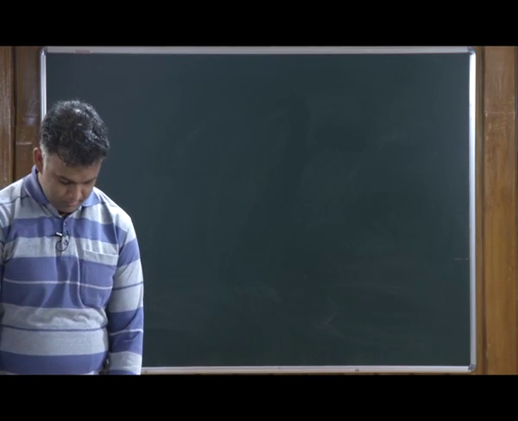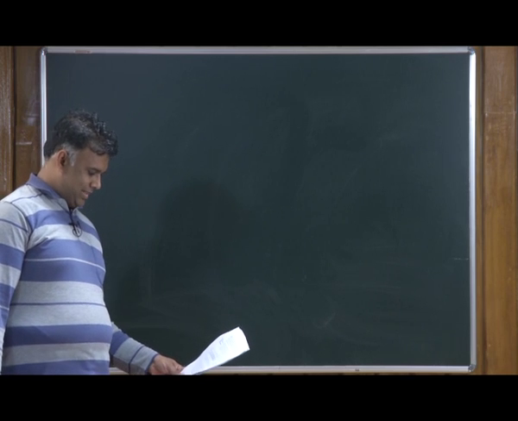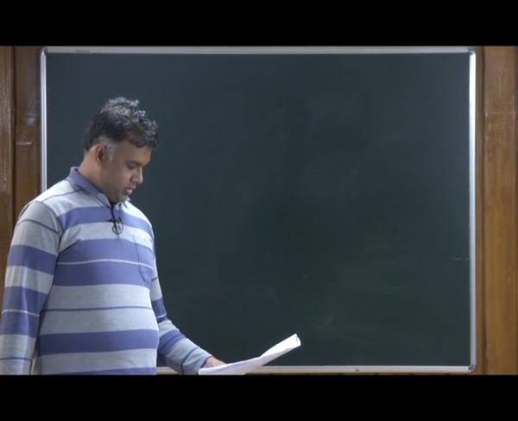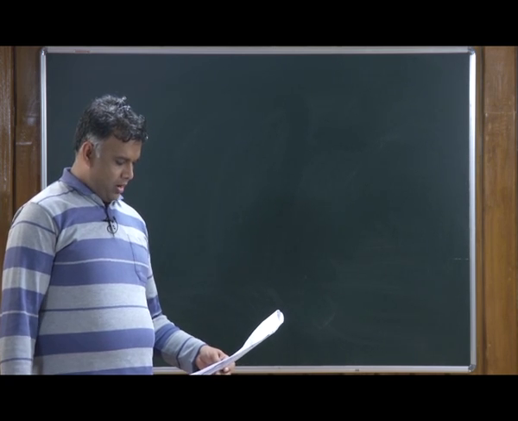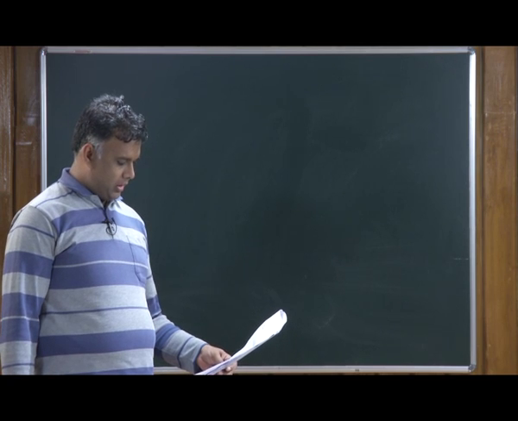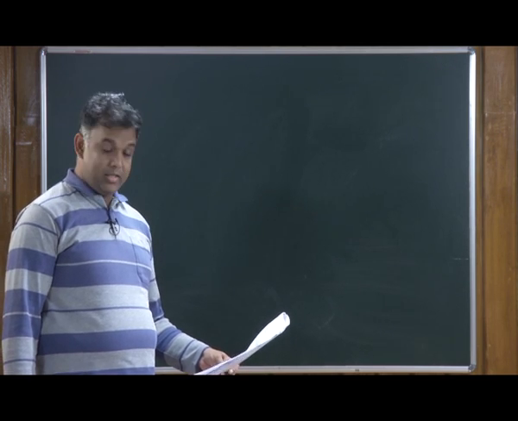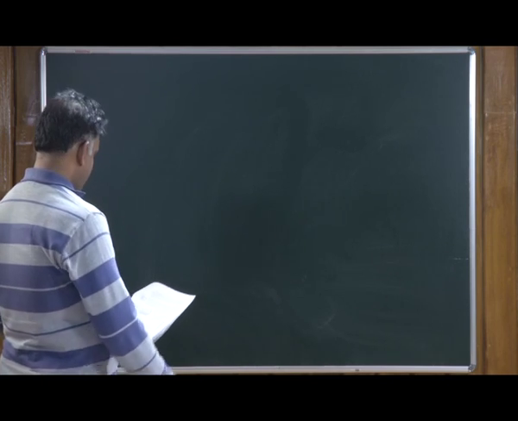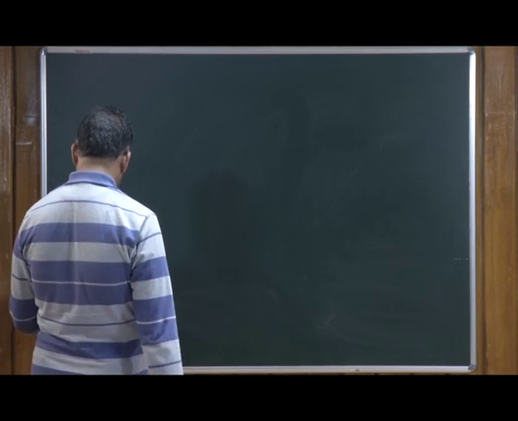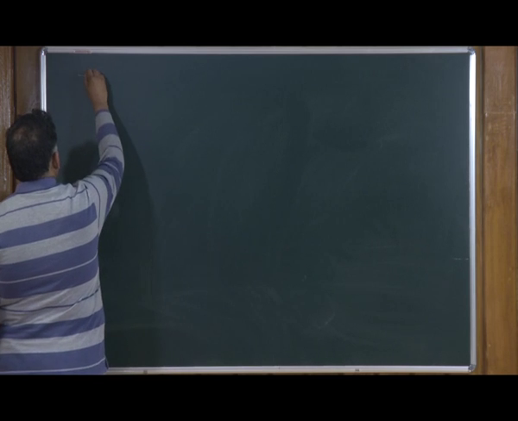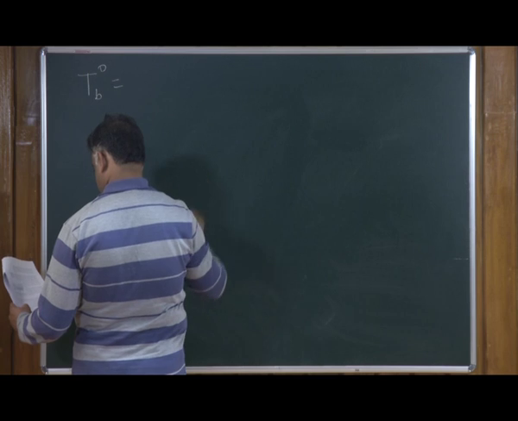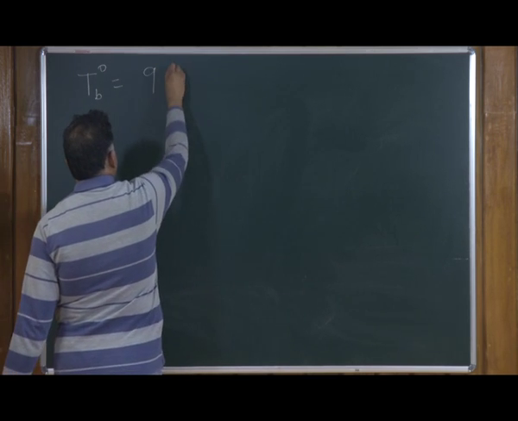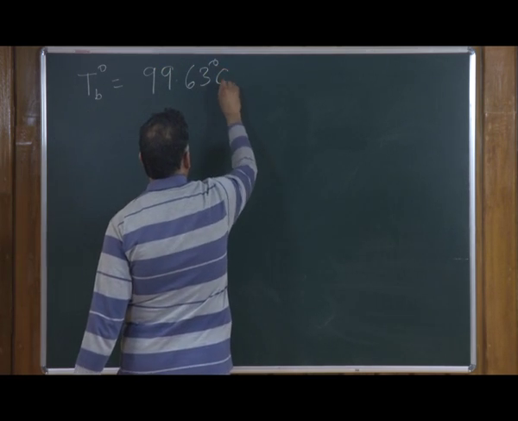Okay, let us attempt the next problem. Okay, let me read the problem. This is in-text question 2.10. Boiling point of water at 750 millimeter Hg is 99.63 degrees centigrade. How much sucrose is to be added to 500 gram water such that it boils at 100 degrees centigrade? Okay, so, this is a problem of elevation of boiling point. So, the boiling point of pure solvent is given as 99.63 degrees centigrade